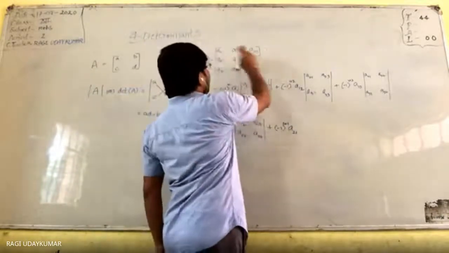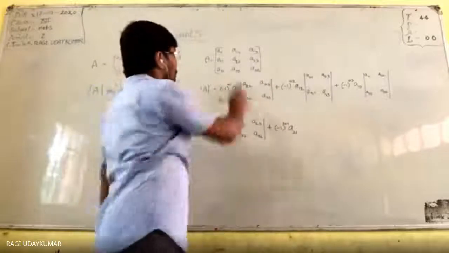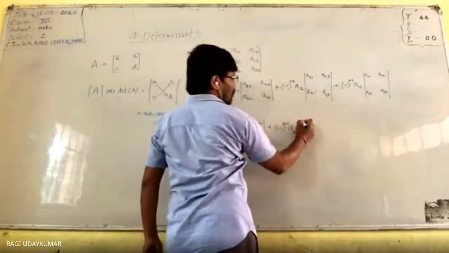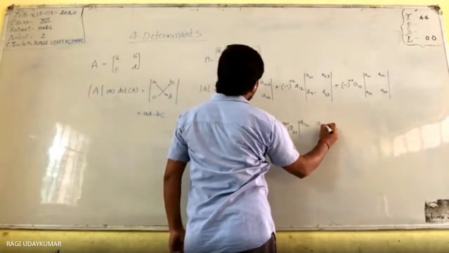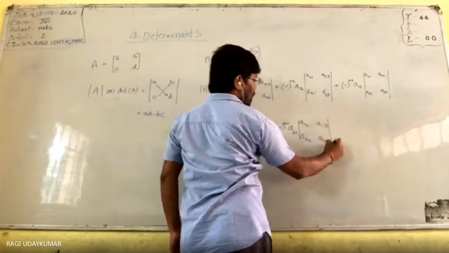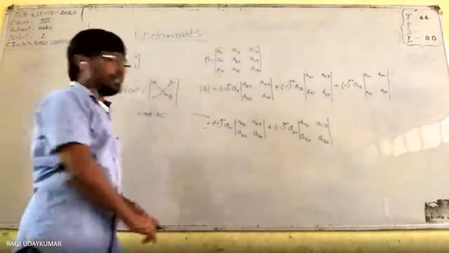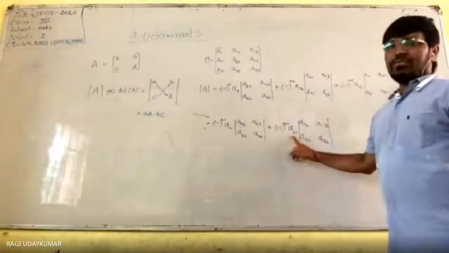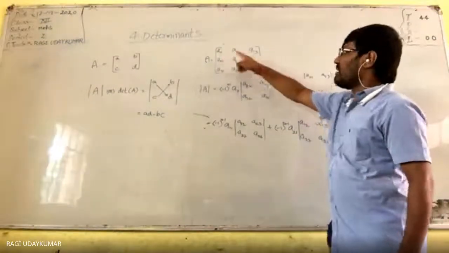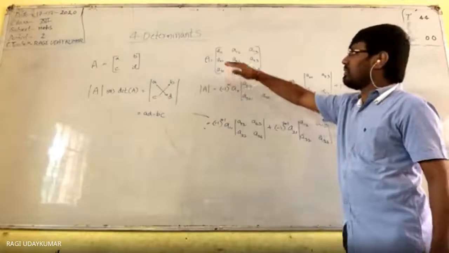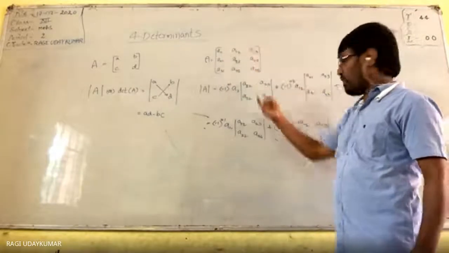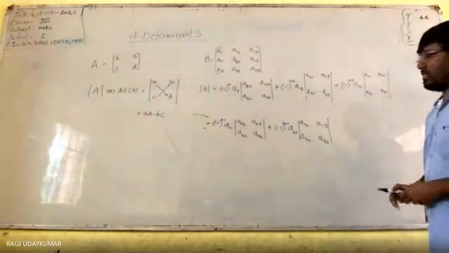This row and this column delete. What do you get here? A12, A13, A32, A33. Isn't it? See here, second row first column element. This row and this column delete. Imagine this is deleted, so this one, this one, this one, this one is left out. Those 4 elements are taken, and whose determinant is 1.